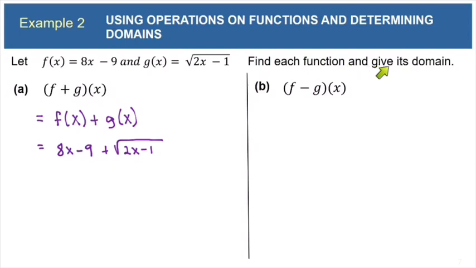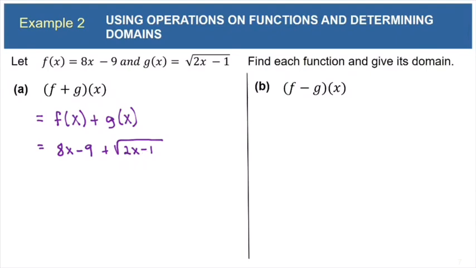Notice that the instructions say to give the domain of each function. Well, if you just look at our function that we came up with here, you can tell that as far as this term is concerned, x could be anything from negative infinity to positive infinity. In other words, you could plug in any number you want here. However, this x is under the radical, and remember that we can't allow x to be anything that would cause this radicand to be less than 0. So we'll need to find the x value that causes this radicand to be 0 and make sure that x stays that much or more.